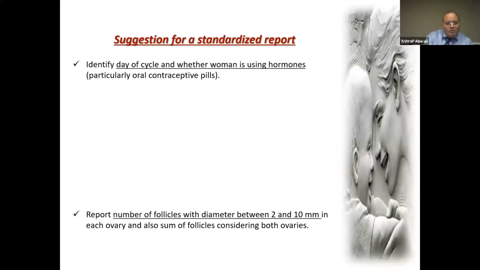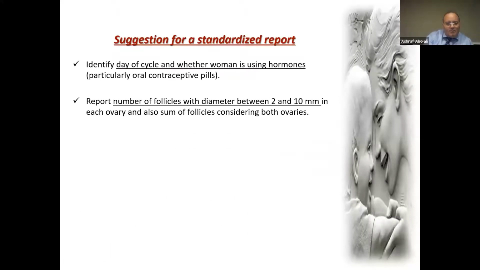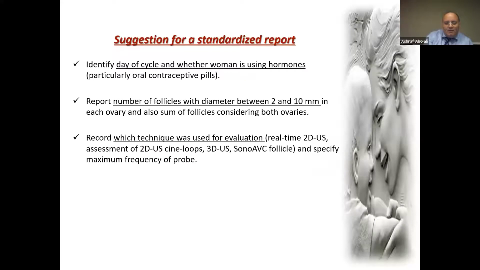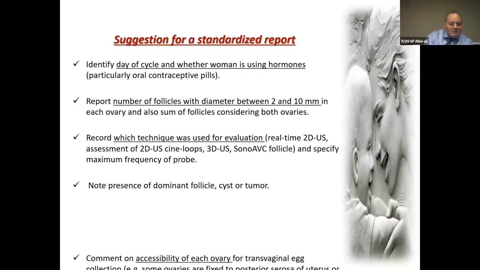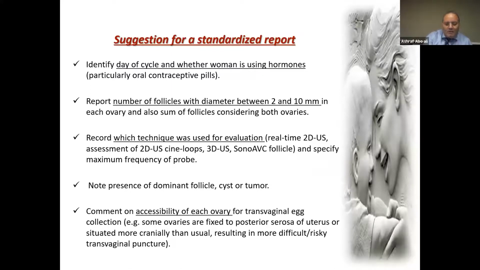After we finish, we should give the patient the report identifying the day of the cycle, whether the woman is using hormones or not, report the number of follicles with diameter between 2 and 10 millimeter, and record which technique was used for evaluation, and note the presence of dominant follicles, cyst, or tumor, and comment on the accessibility. And this is very important, accessibility of each ovary, and this will differ during OBU, like Professor Ahmed will give us